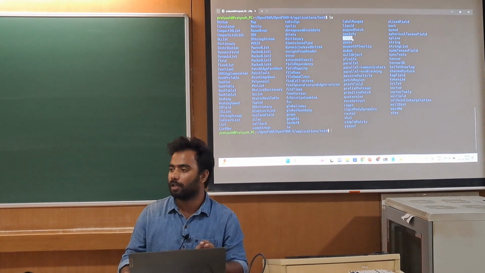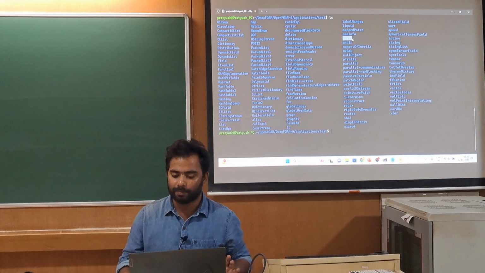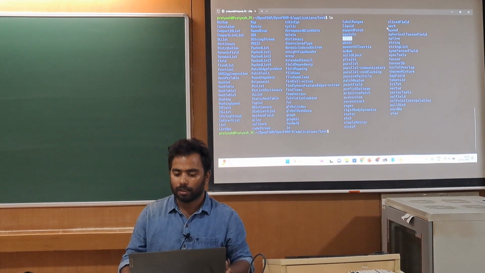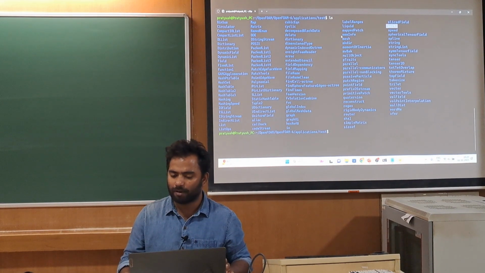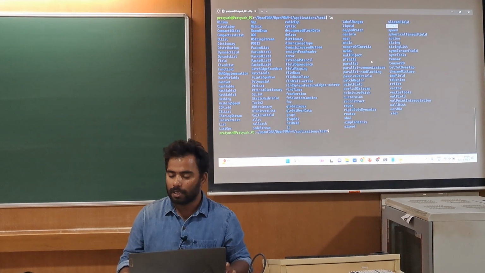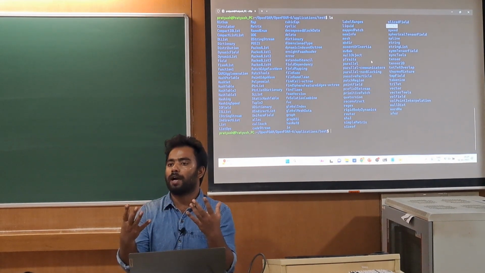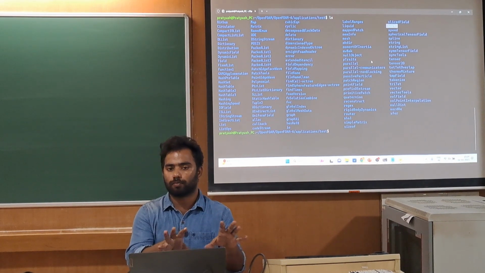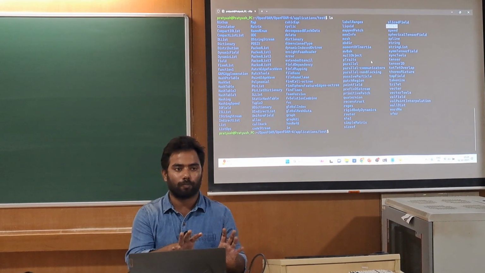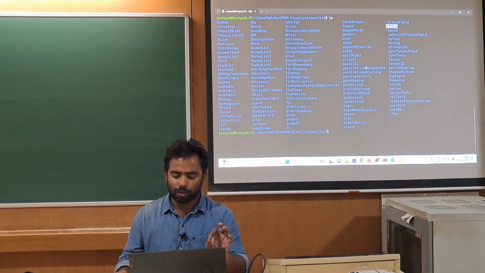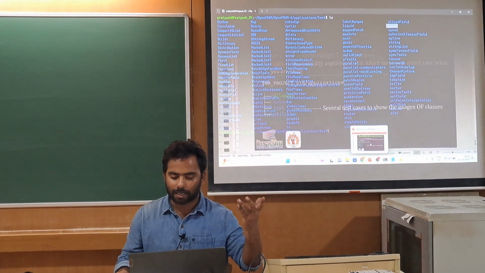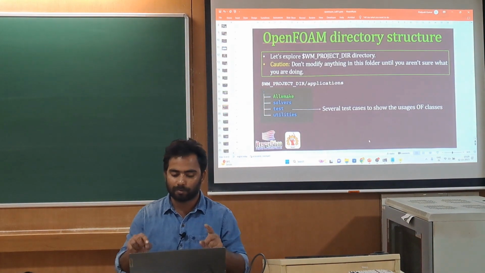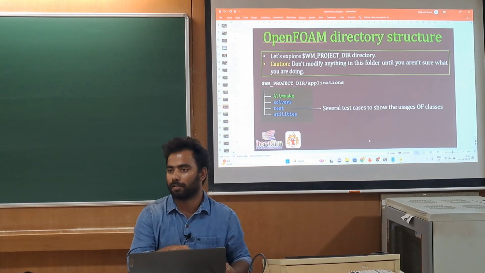You can go to the mesh folder and see how mesh has been coded. You can also know about the different classes given here. When you feel comfortable with OpenFOAM, you should start exploring these different classes. But once you start learning about the coding perspective of OpenFOAM, you should start with the test folder.